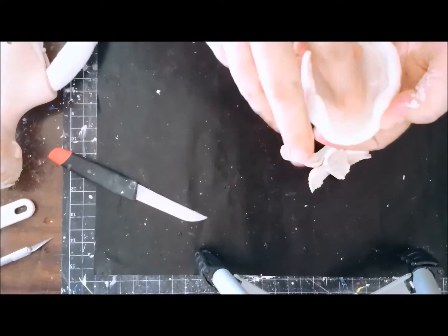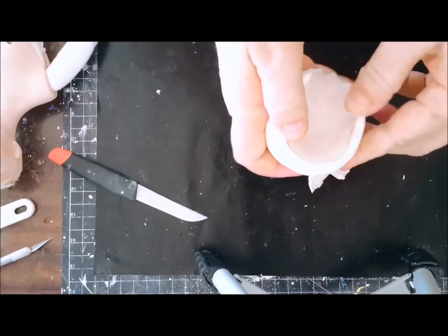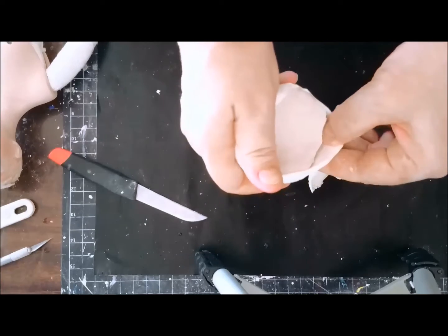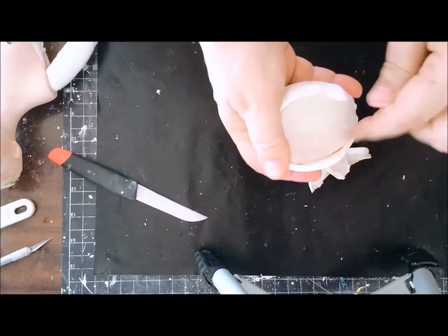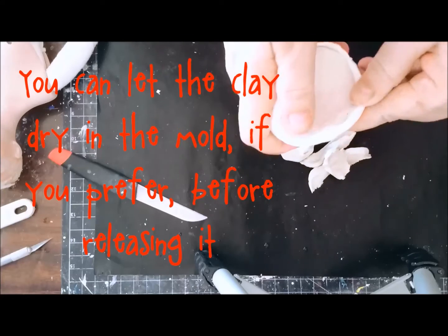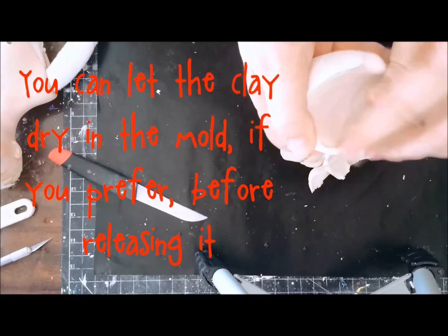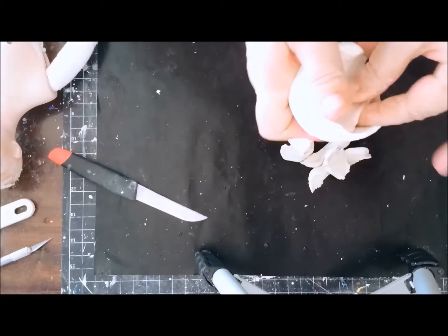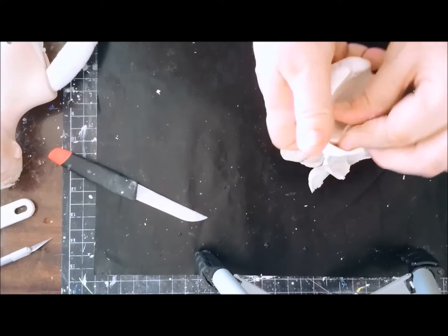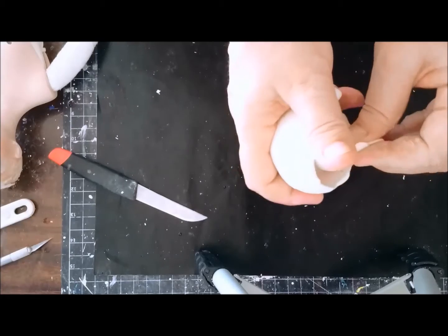But I try to get as much done as I can before the piece is taken out, so that I don't have to do all that labor-intensive work at the end. So now I'm going to try and take it out while it's still wet. Now it will distort a little bit on the edges here, but that's nothing that can't be fixed later on. I probably will end up trimming some off anyways. So what I'll do is I get my finger down in here and I start pulling it away. And it looks like I'm probably ruining it, but hopefully I'm not. We get some air in there, and then